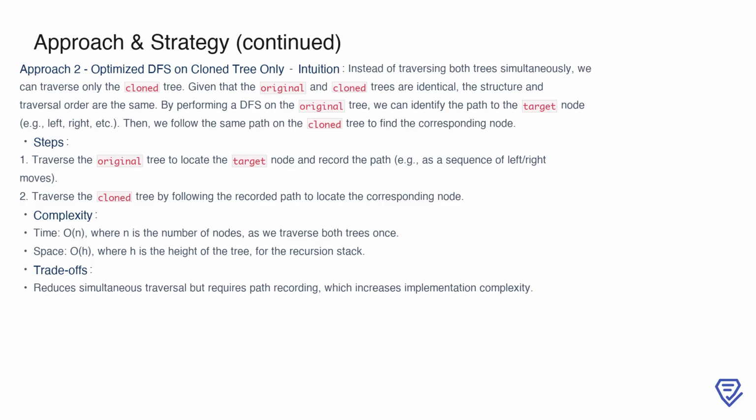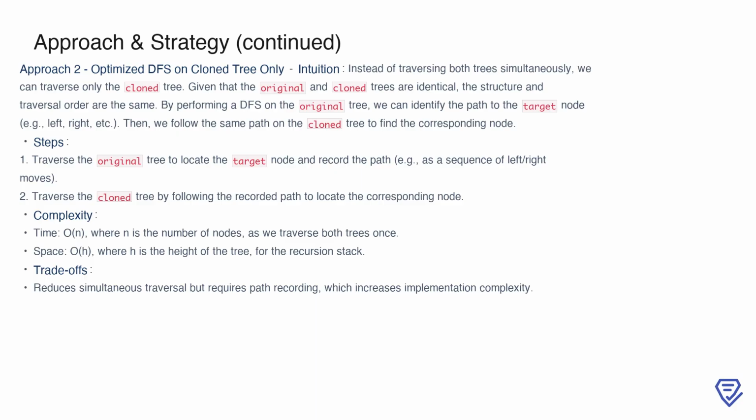Then, we follow this recorded path on the clone tree to directly locate the corresponding node. This method eliminates the need to traverse both trees at the same time, reducing memory usage. However, it introduces added complexity in recording and following the path. The time complexity remains O(n), as we still traverse both trees, and the space complexity is O(h), due to the